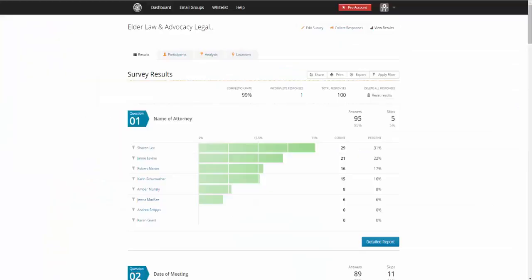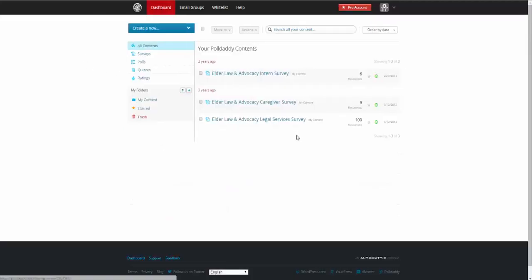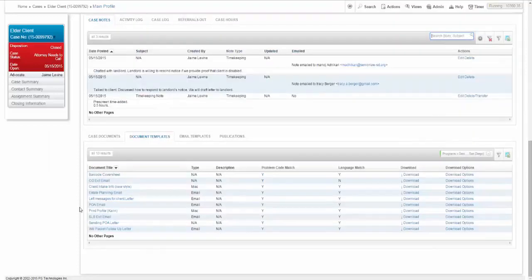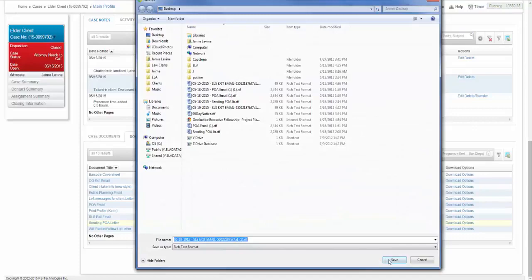And the third platform I wanted to share with you is a polling software that we have. So we have 3 polls that we are running right now. Obviously, one of them is used more than the other ones, but they're all very helpful to us. We poll our clients automatically, and if you go down to the document templates, you'll see that there are a bunch of options here. So for example, this Senior Legal Services exit email, if I download that,